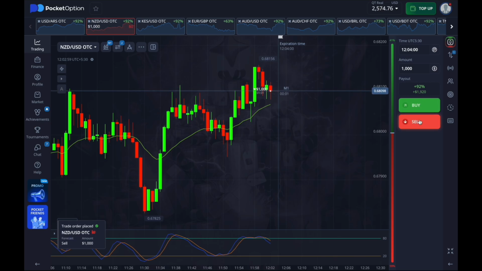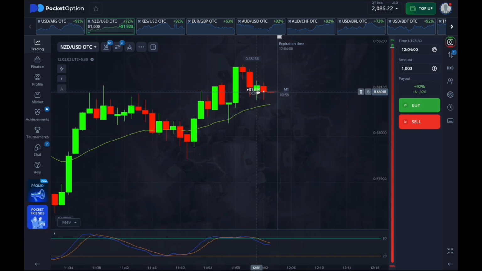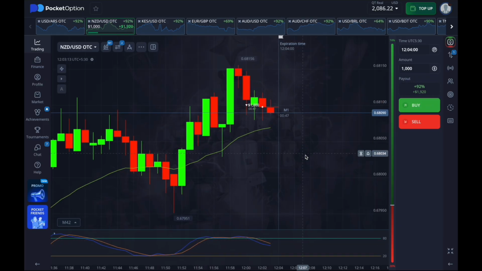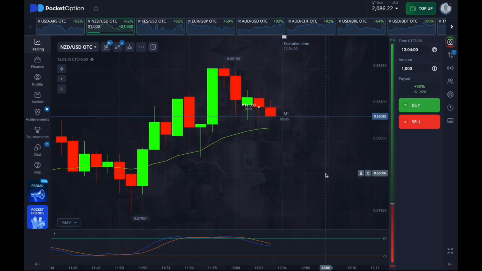Alright traders, for this particular currency pair, I'm going directly with my put entry. The logic here is very simple. I'm expecting the next candle to retrace at least towards my moving average line because we are currently in a seller's loop. At first glance, this trade might look like a counter-trend trade, but I've got multiple confirmations supporting